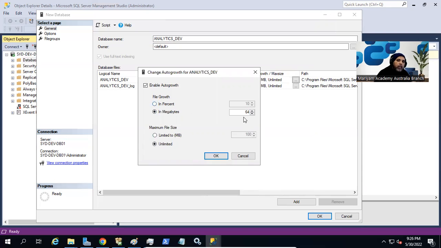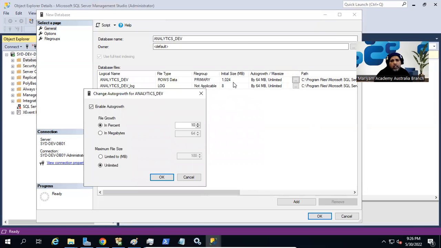So once it consumes the next 64 MB, it will increase another one. I would prefer to allocate in percent, because that will be a better approach, especially once we allocate bigger size. Obviously, that's not the production size. Our production database is way bigger than 1 gig these days. So you can see that's why I prefer to use the percentage, because whatever the size of the database, it will calculate the percentage of whatever we have actually put in here, and then it allocates the chunk once the